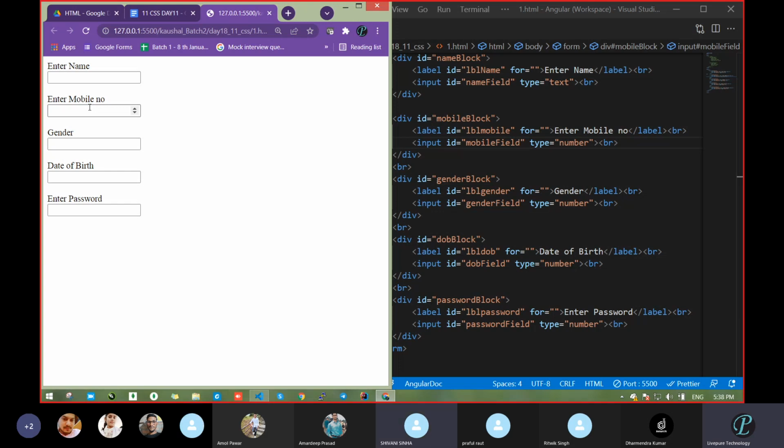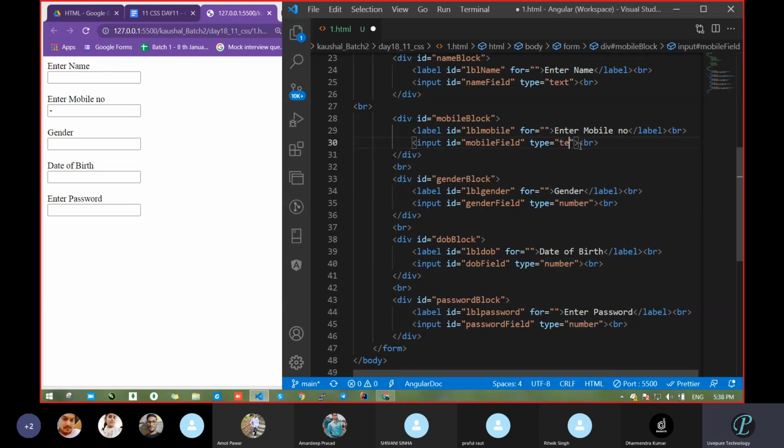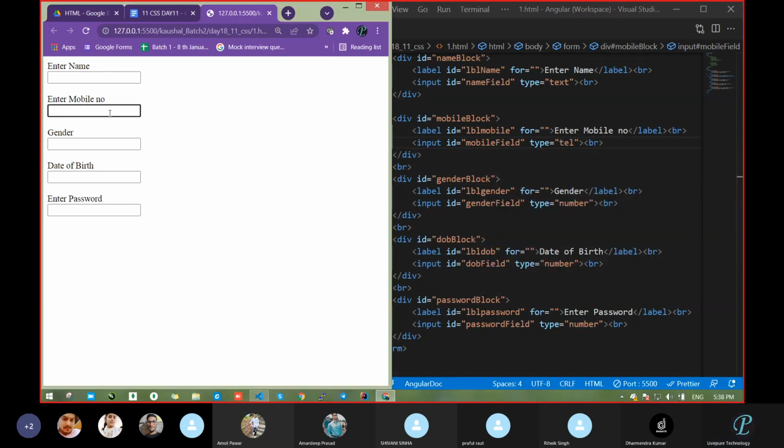See what the difference is. When we take type equal to number, we get this drop down. It will help you in getting the number. But when you take tel, TEL, and save, then we are not getting that drop down. That is the main difference.